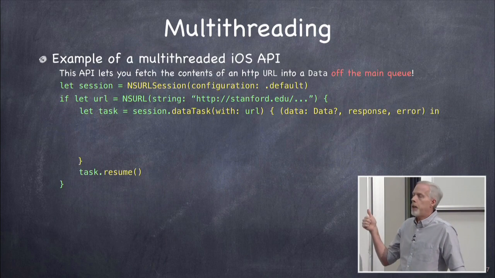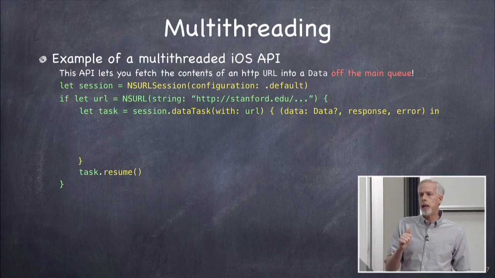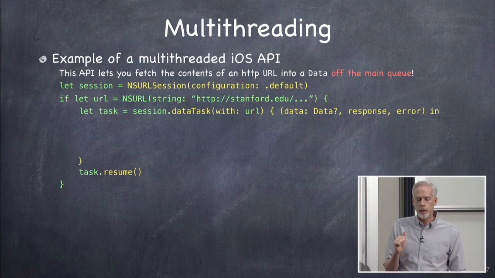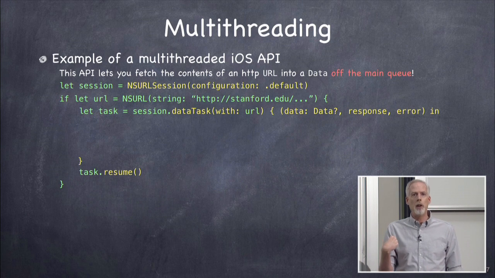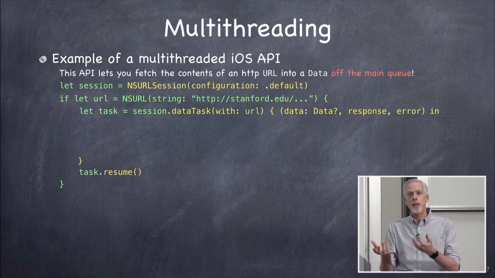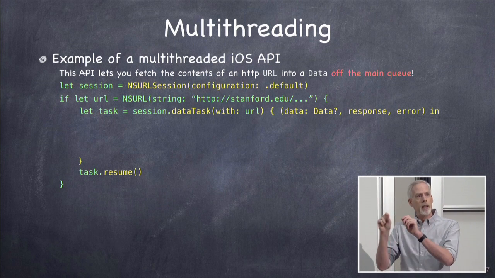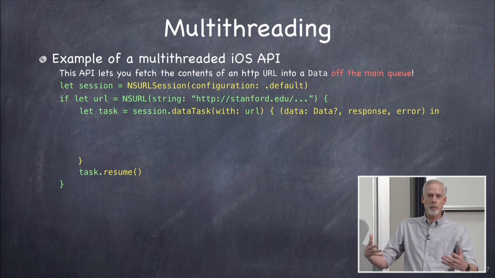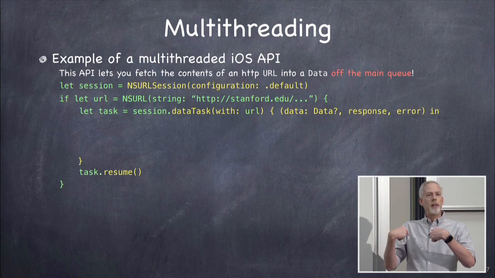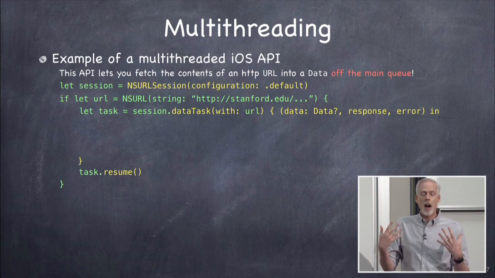Here is an iOS API that takes a closure as an argument, and it runs that closure off the main queue. It's called NSURLSession. It's used for getting the contents of URLs. Now, you saw in our image view controller demo so far that we already know how to get the contents of URLs. We just use data contents of. Remember we said try data contents of, and it blocked the main queue while it went and got that URL. So that's one way to do it, but it's kind of non-configurable.